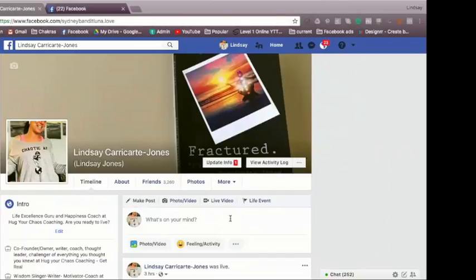Okay, so very quickly, Facebook 101, you guys. There's a ton of confusion out there about, do I need a Facebook profile? Do I need a Facebook page? Do I need a Facebook group? What is a page? Oh my God, right? We complicate everything. So high level, your profile is your personal profile.